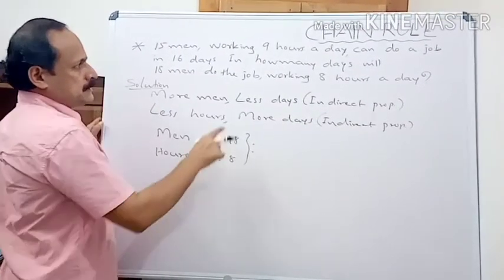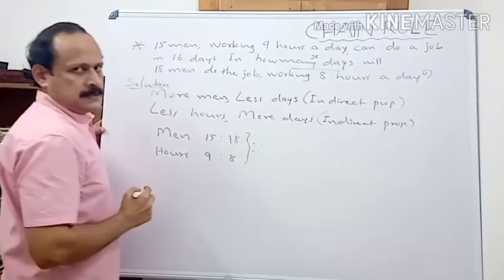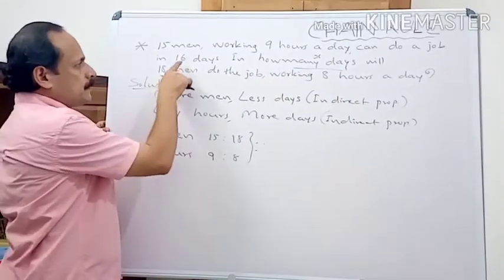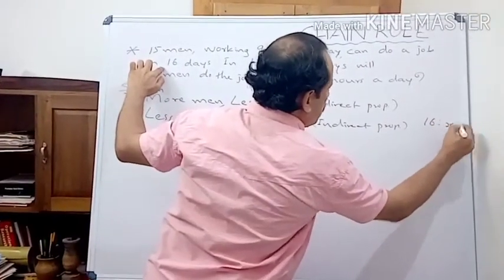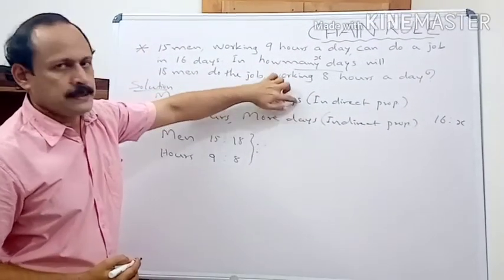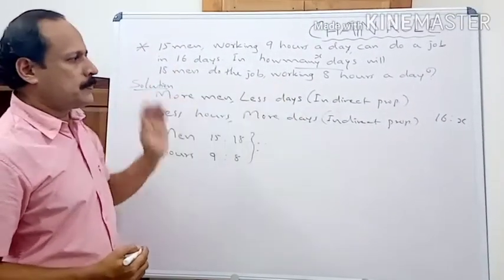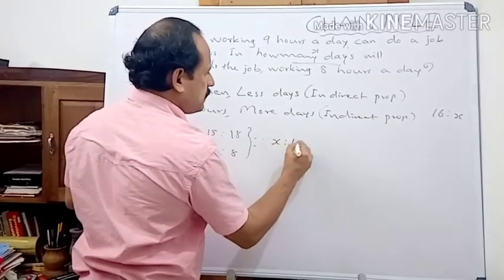We assume that the required number of days is x. Therefore, the ratio of the days is 16 is to x. Since this is a case of indirect proportion, we write the ratio in the reverse order, that is x is